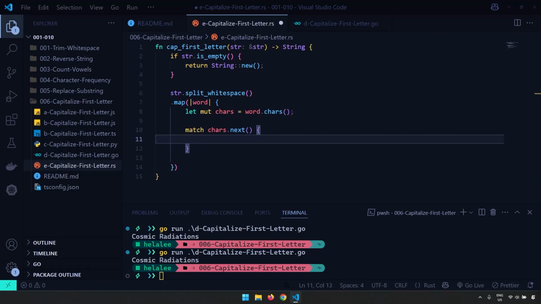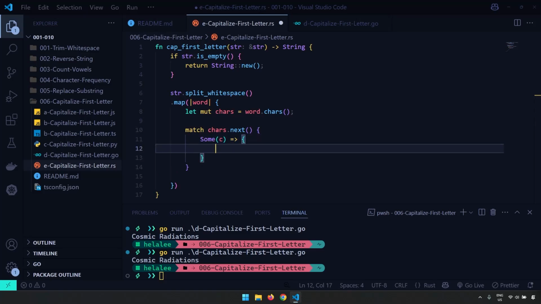So in here, I'm going to say Some. This is going to basically take a look at our hit when we find the first character. And Some is basically a pattern for when the iterator has a character. If c is the first character, we're going to uppercase that. So I'm going to say let first, that has a type of String, we are going to uppercase it. So I'm going to say dot to_upper